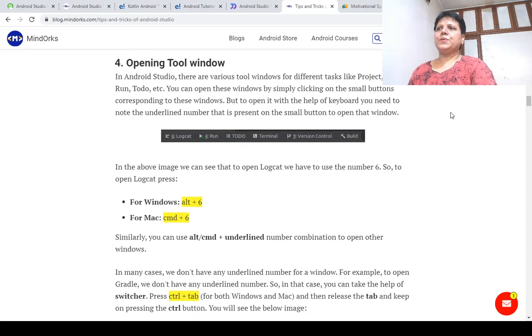In Android Studio, there are various tool windows for different tasks like Project, Logcat, Run, To-do. You can open these windows by simply clicking on the small buttons corresponding to these windows. But to open them with the help of the keyboard, you need to note the underlined number that is present on the small button. These are the To-do, Project, current file.